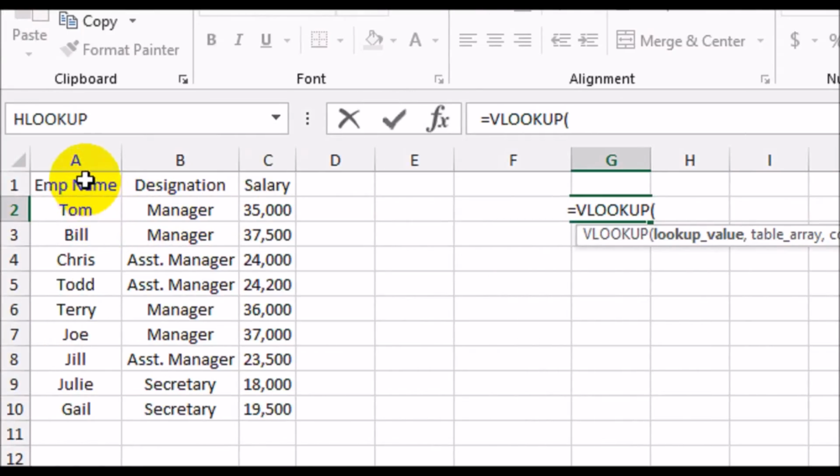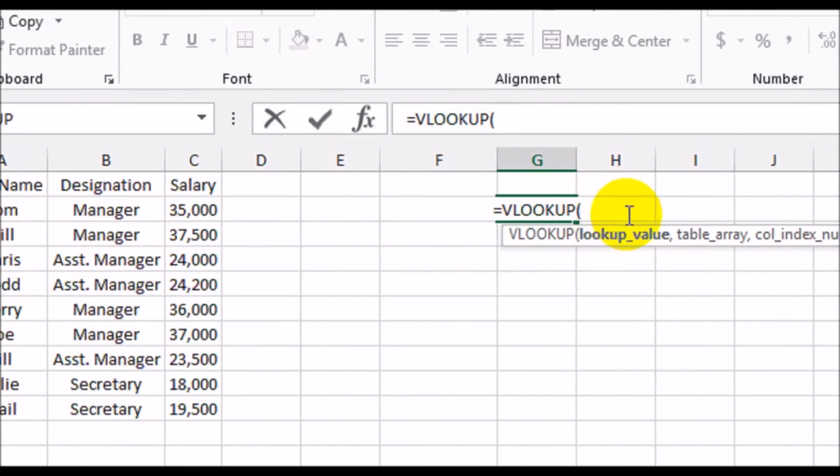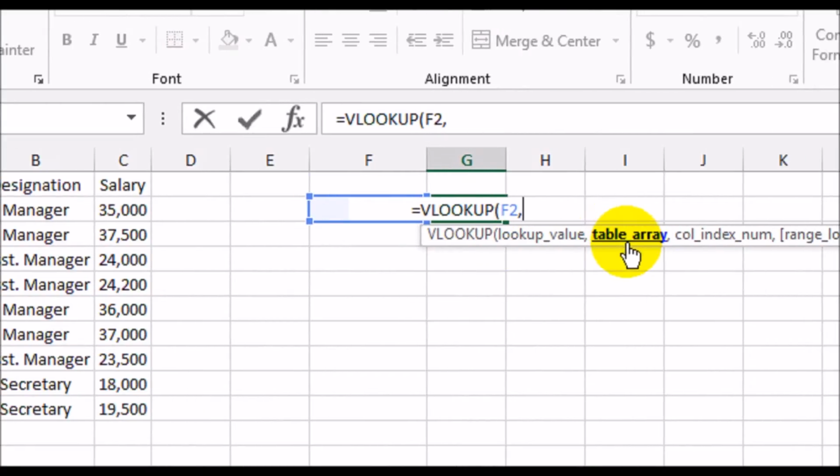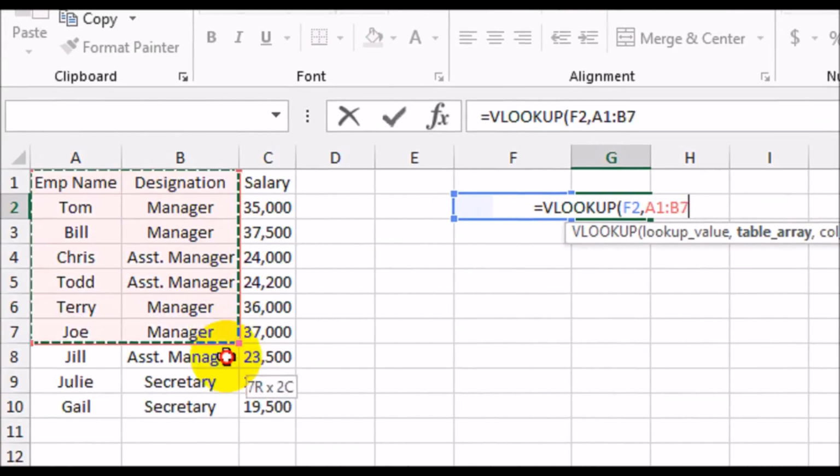So over here, this is where the names would be. It would be trying to find the names in this column, and what we want to fetch is the designation. So the lookup value, we'll assume that in the F2 cell we'll put in the name of the employee. Now it's saying table array. So where is the data from which it needs to fetch these values? That's sitting over here. So we highlight this,